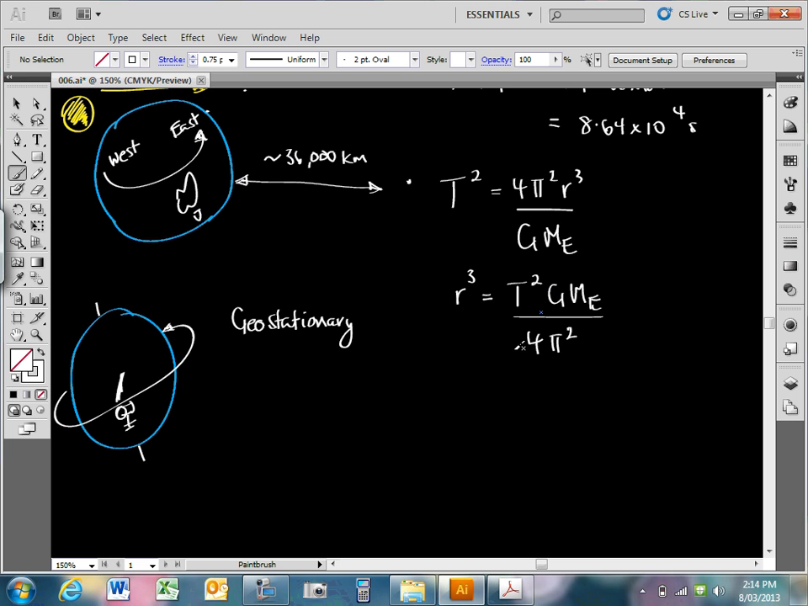We were going to do a calculation here. What is the radius? So the question is, we're going from this here. What is the radius